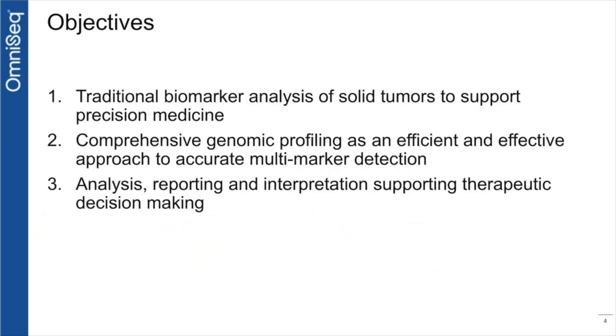Today, I'd like to give an overview of how we use biomarkers to support precision medicine opportunities in solid tumors. And we'll start with traditional approaches, and then how we moved at OmniSeq to comprehensive genomic profiling, as a means to do multi-marker, high-throughput patient testing, and then talk through some of the technology advances that allow a comprehensive genomic profiling approach to be done in a quick turnaround time with the analysis, reporting, and interpretation tools that support this